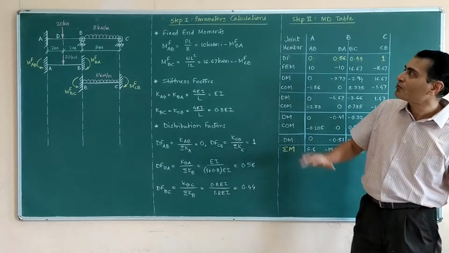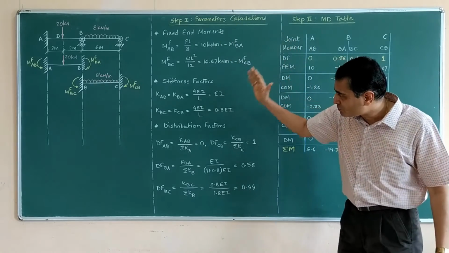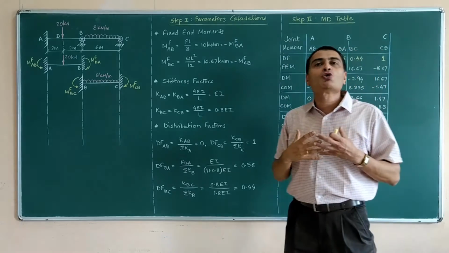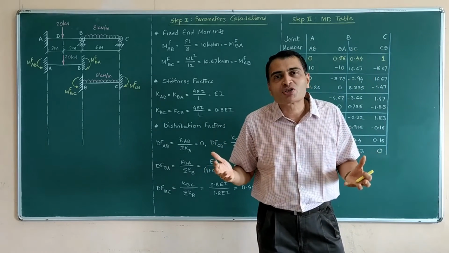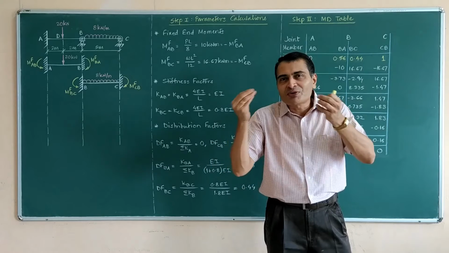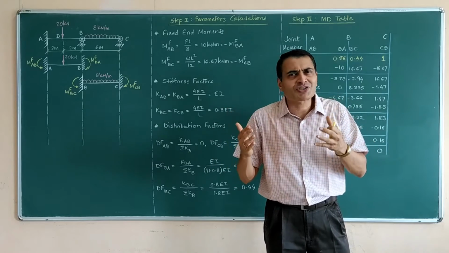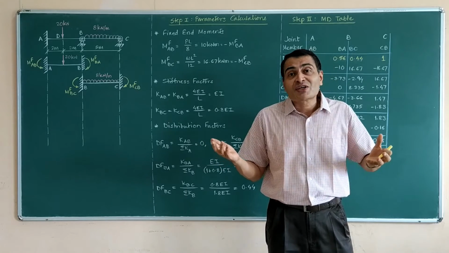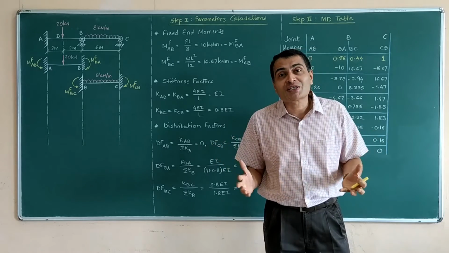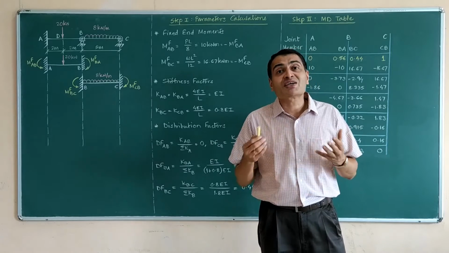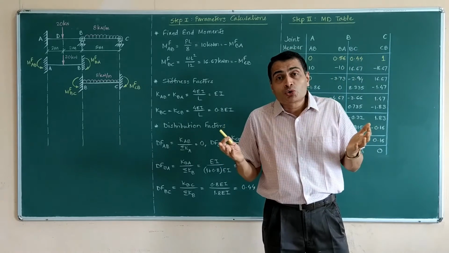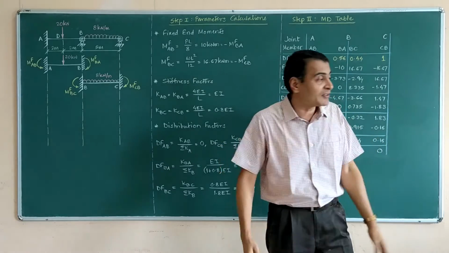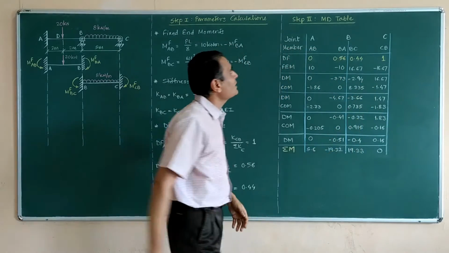Now once we have fixed end moments, stiffnesses and distribution factors in place, we are ready to plunge into the moment distribution table. Just a couple of interesting calculations, couple of interesting steps, and you get the answer. So as I said last lecture also, it's a miracle or it's a magic, and such a fantastic thinking of Professor Hardy-Cross to develop an iterative method like this. So let's see what do we have here.